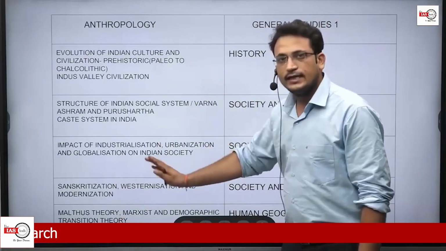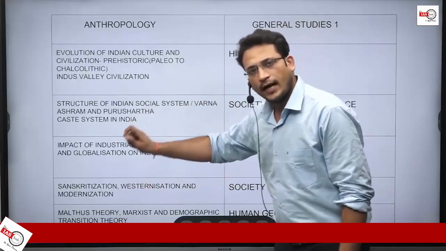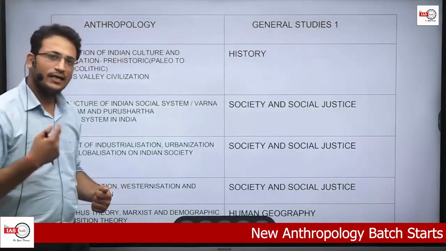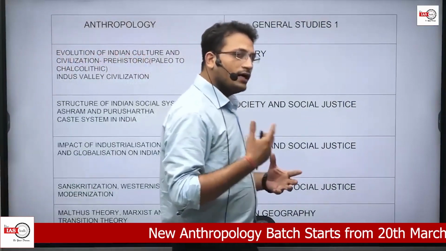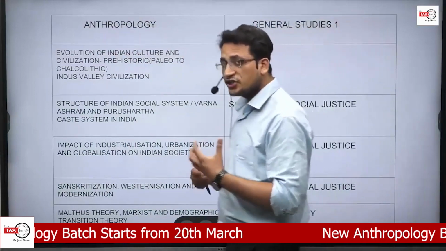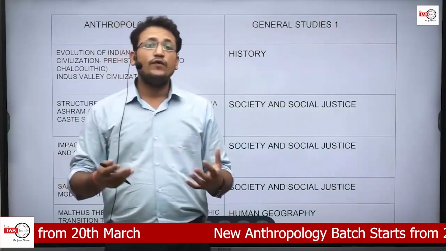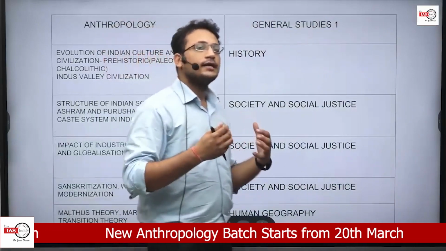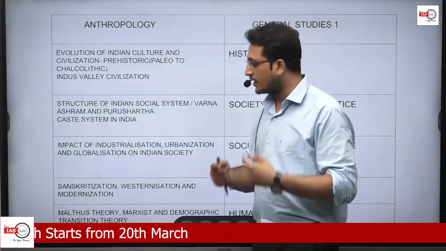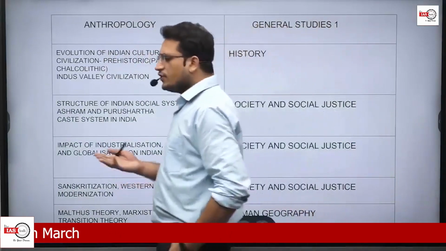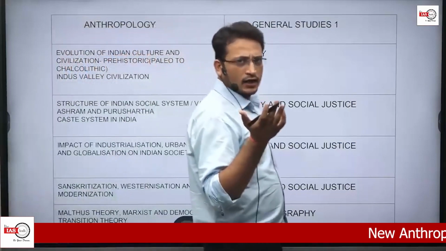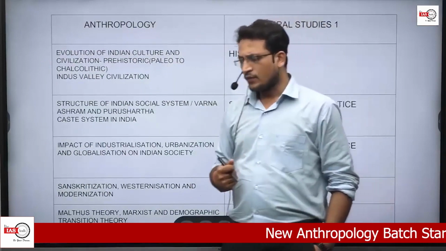You can directly take the reference from anthropology paper 1: the Malthus theory, the demographic transition theory as well as the Marxist theory, to understand how population is increasing, what the transition of population is, and in which transitional phase India is right now. We will understand the significance of the population aspect here with these theories, because we know that without humans this planet would have been just another planet.